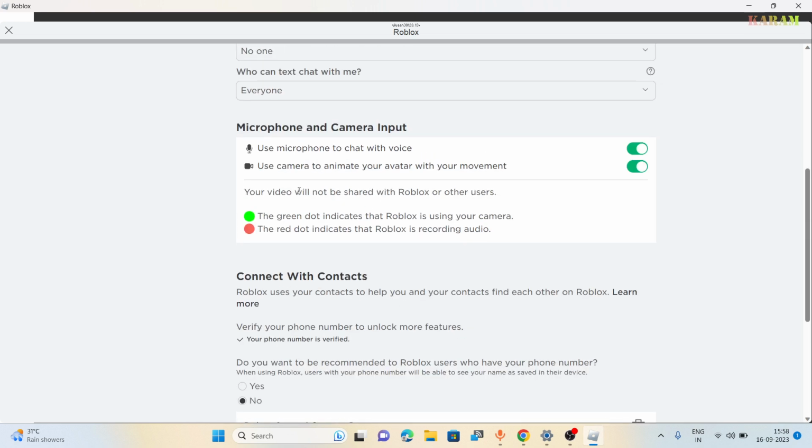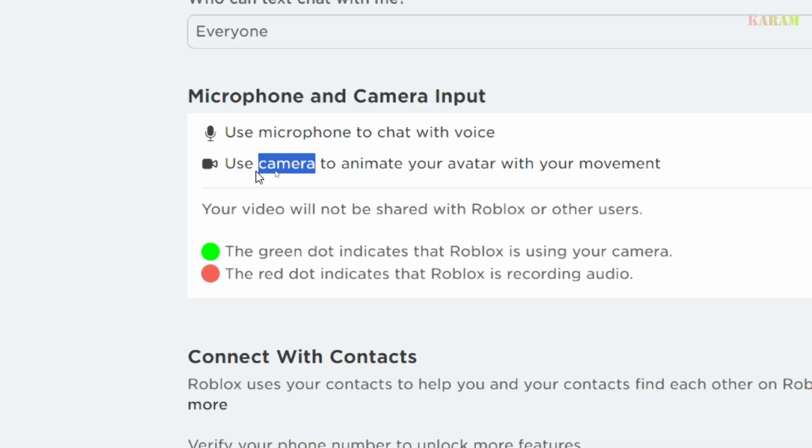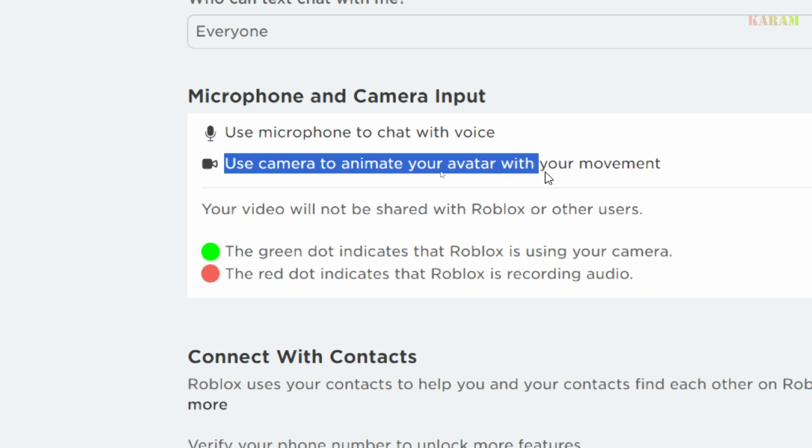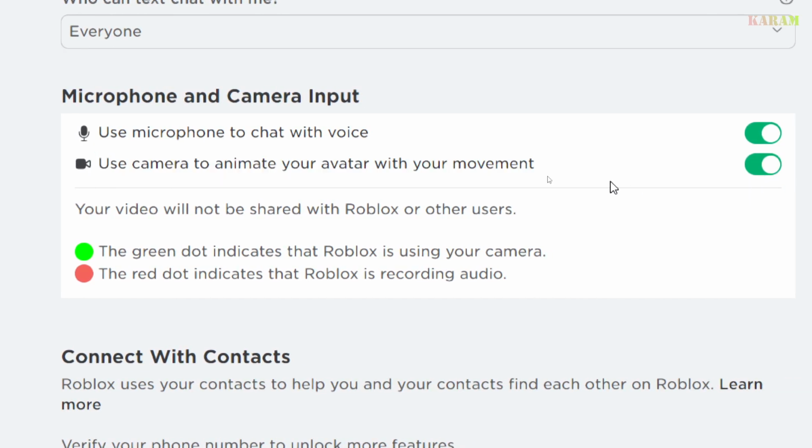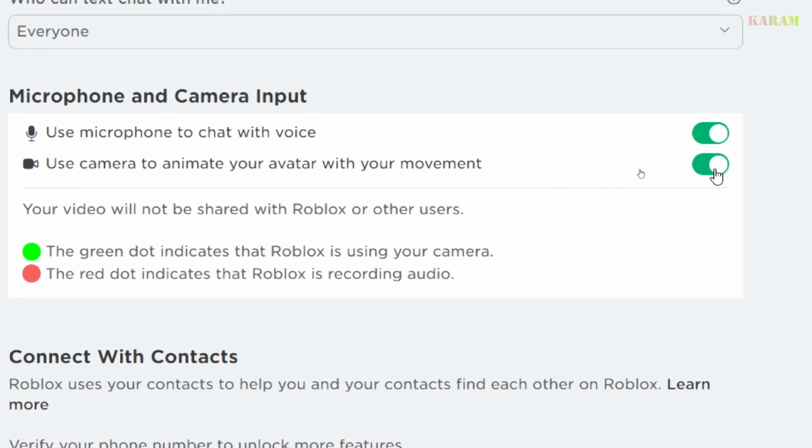So now to get facecam, you just have to click on this toggle button next to the camera permission. So you can see this, basically Roblox will use your camera to animate your avatar with your movements. So by enabling this, you will get the face cam as well as face tracking. So just click on this toggle button to get the face cam and face tracking feature on Roblox game, any